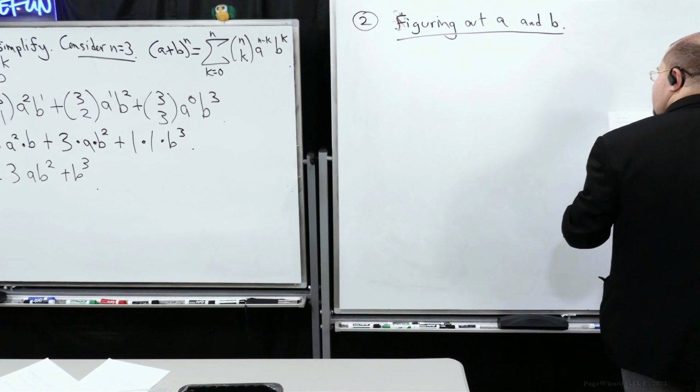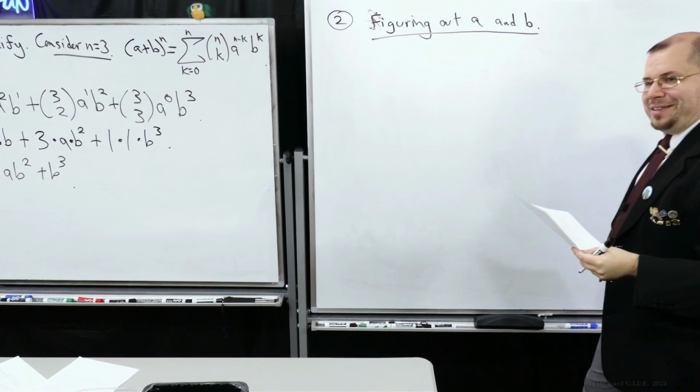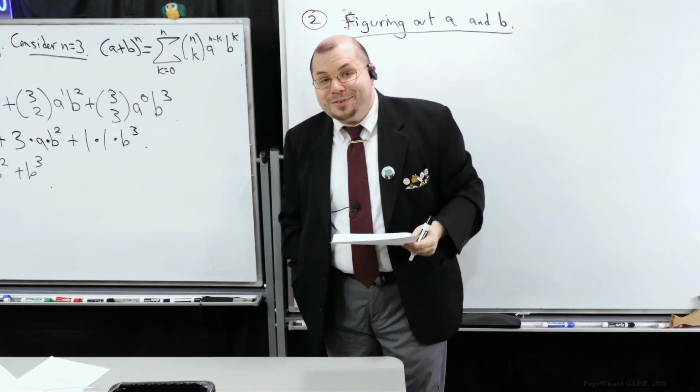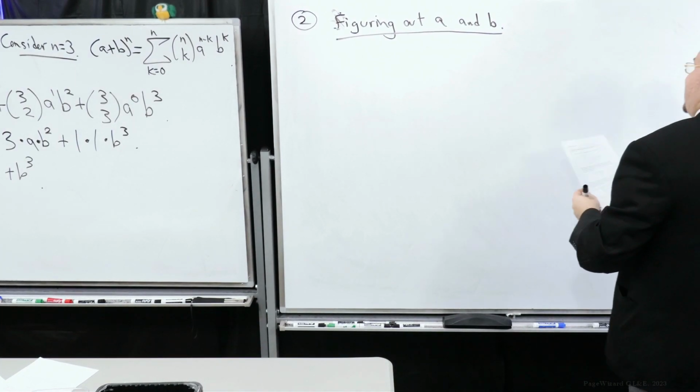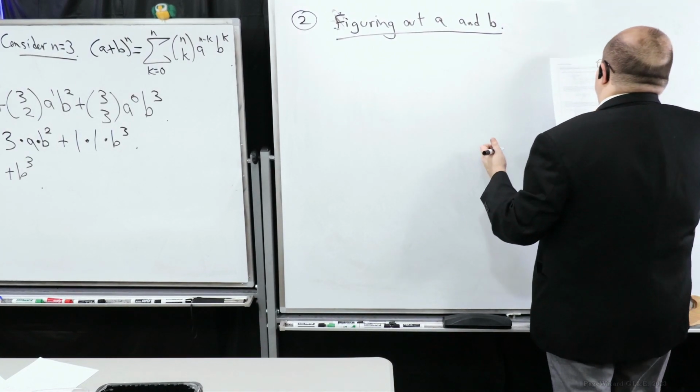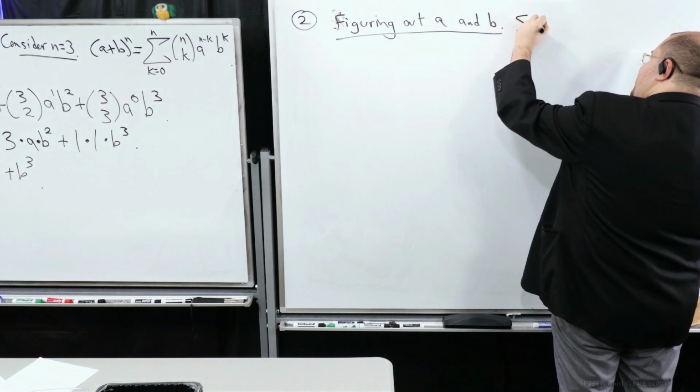So these are just a few ways to use the binomial theorem. By no means is this the only thing. We'll see another example of how we could use it. But let's consider this example. Suppose we wanted to derive a closed form